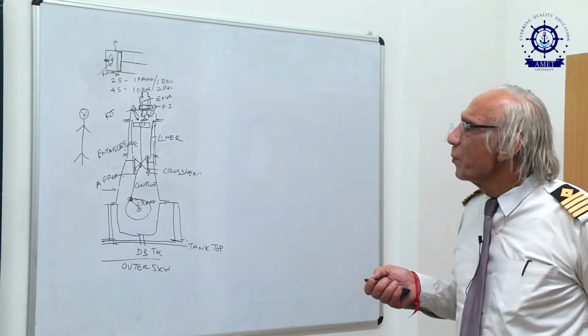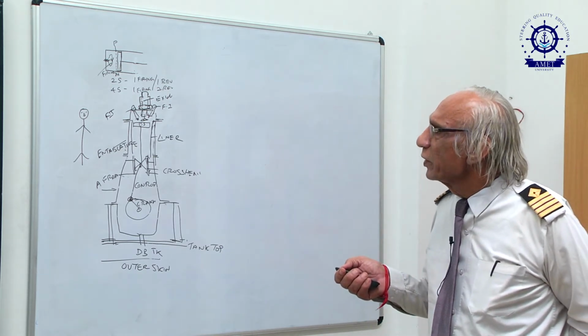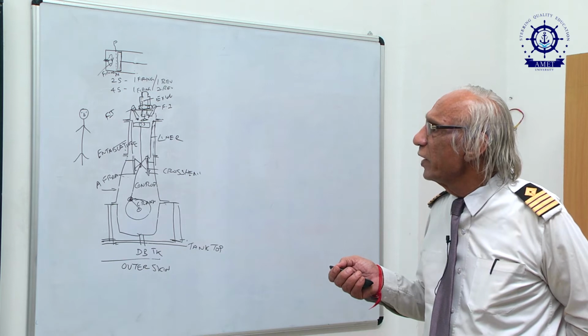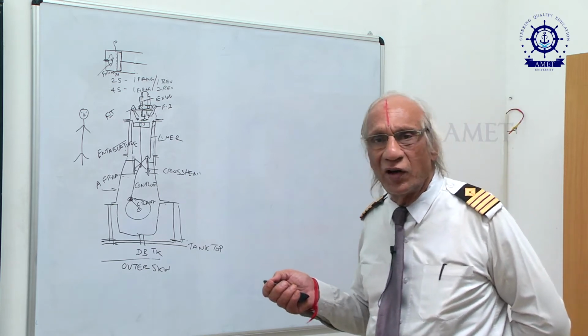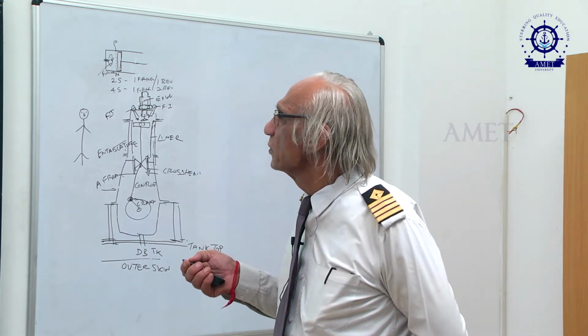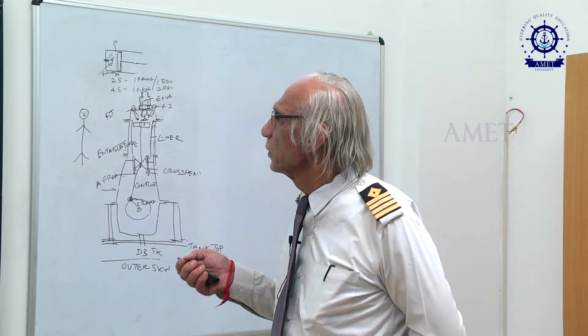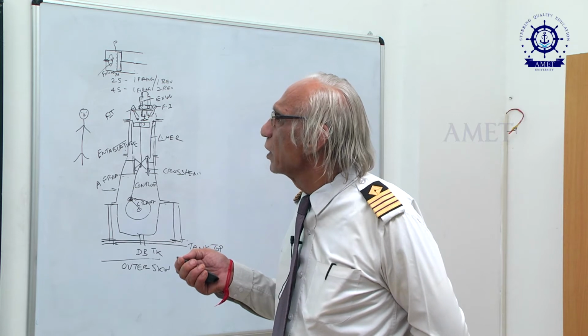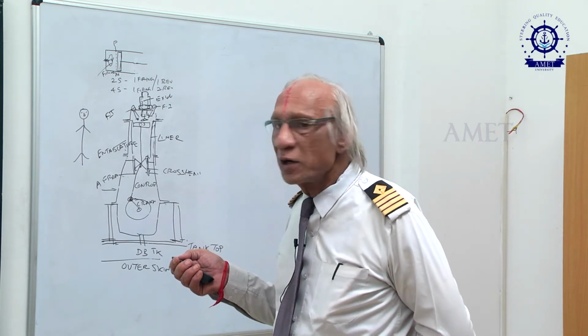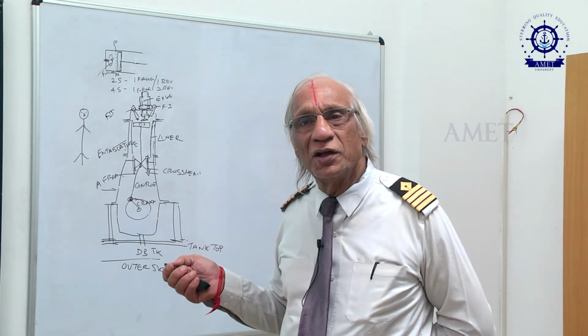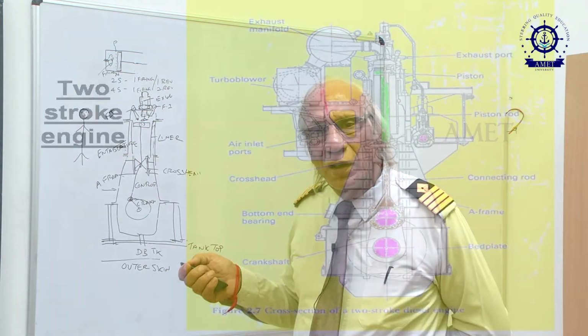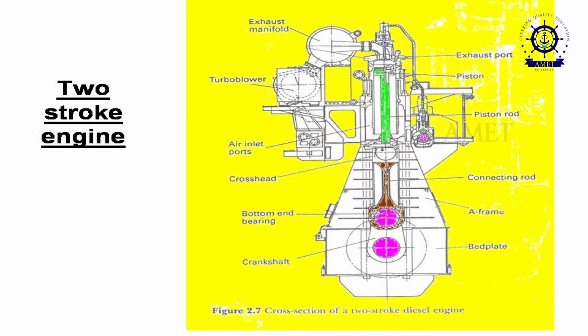So, in the compression stroke, the piston is at the top dead center, where the velocity is 0, acceleration is maximum, and retardation is maximum. So, the piston comes to a total halt at the top, and the compression pressure is around 100 bar. That is large enough for heating the air, and at the same time it is so timed that